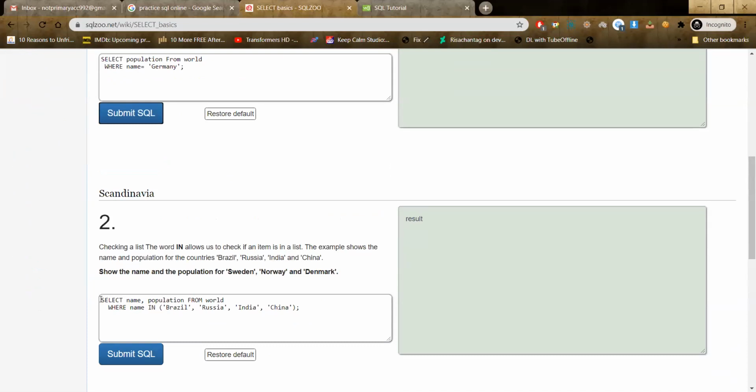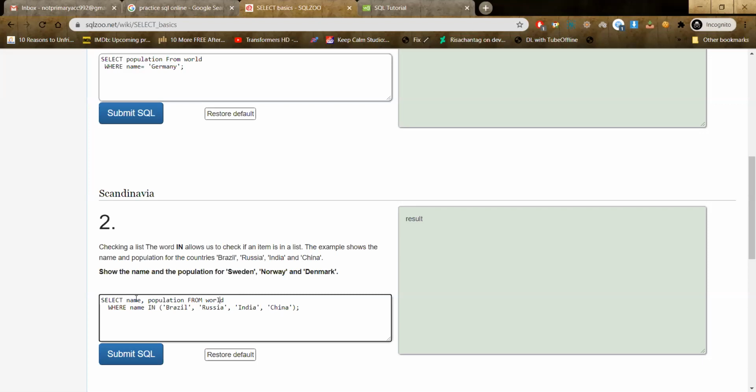However, if you write these keywords and you capitalize them, that just makes it easier to emphasize where to make your edits if you want to change the statements. That's why we highlight them, and to be able to identify between the keywords and the column names or other parameters that we specify.